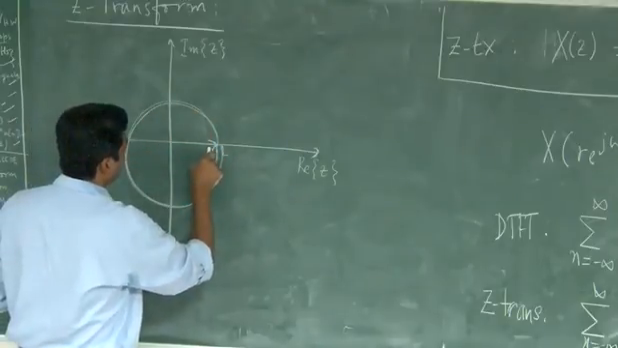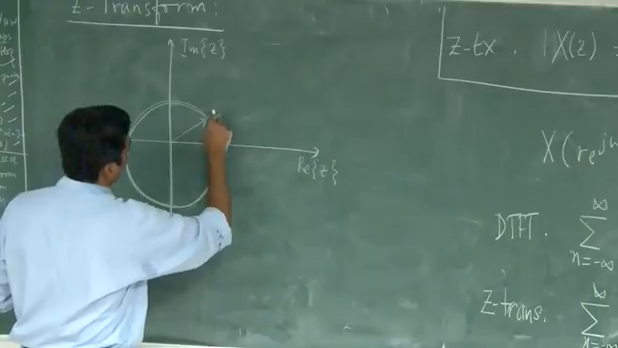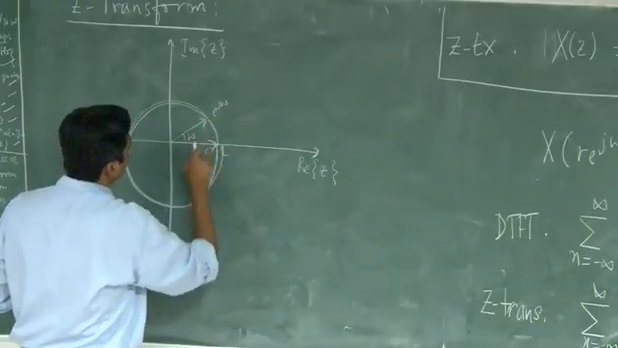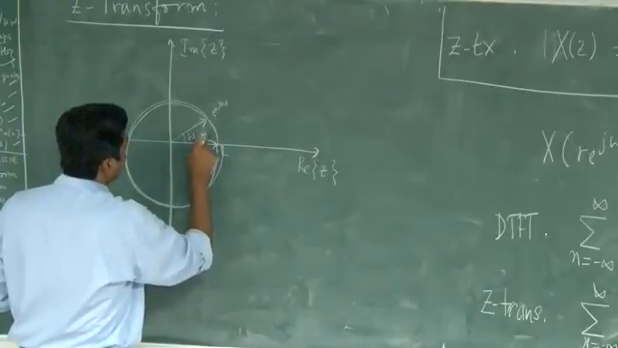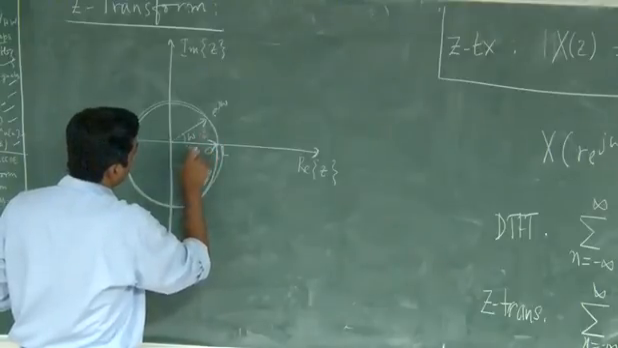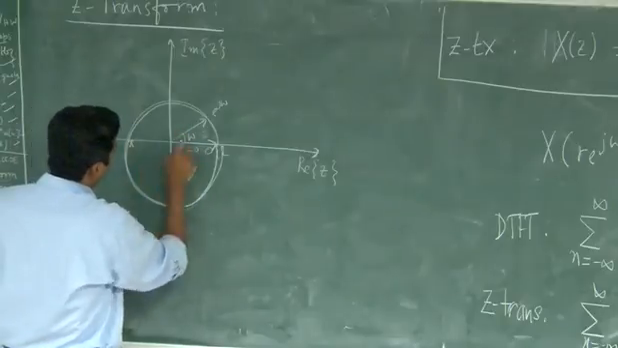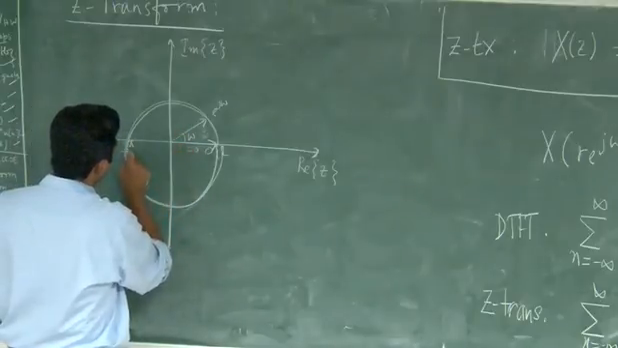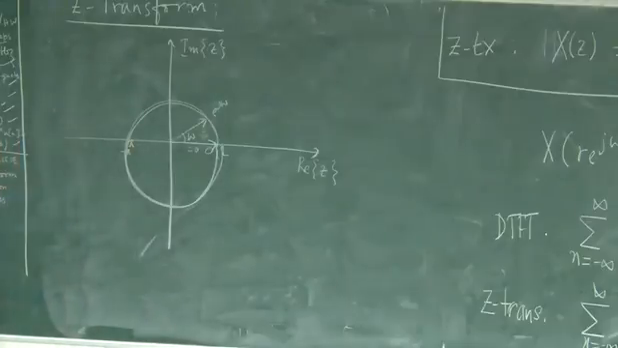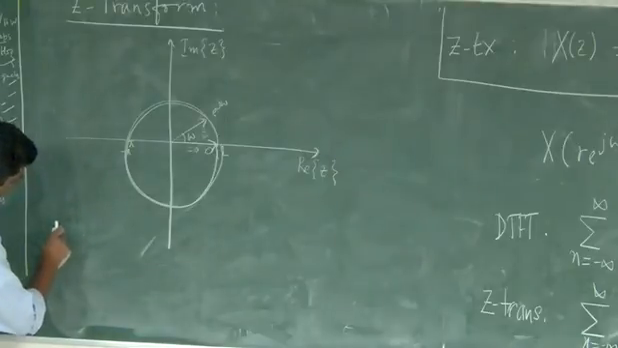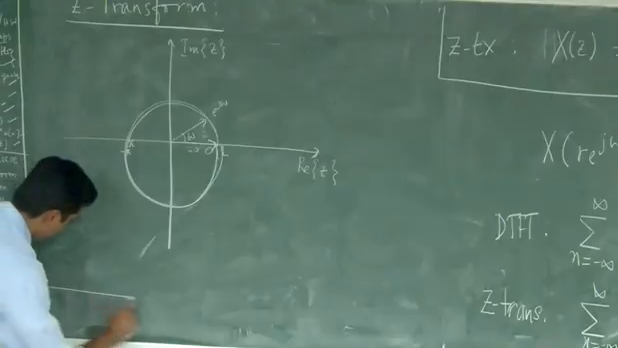So you traverse from, so this angle is omega. So this is when omega is 0 radians, and then this is when it's pi. And if you go this way, this also becomes minus pi. Okay. So if you want to interpret what you did for the DTFT,